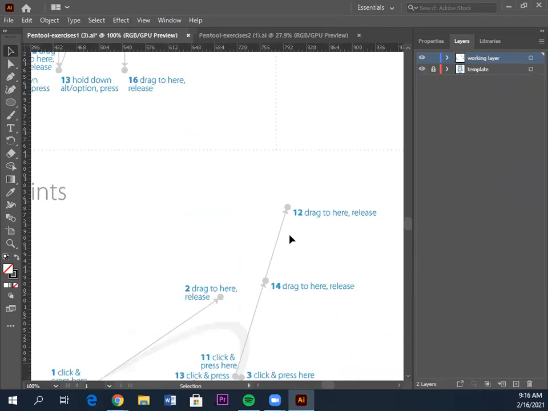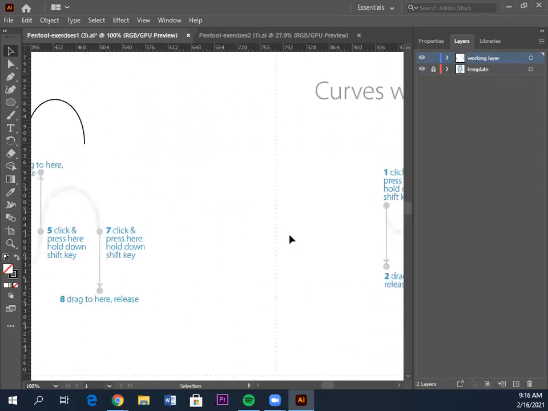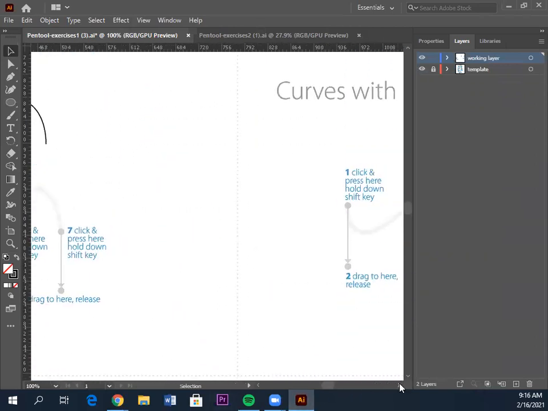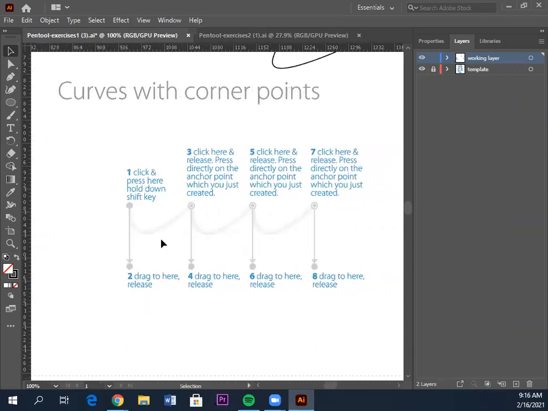But let's go ahead and really quickly do one last one together. And then I'll show you how to do it on Vector, but the people in class can continue working. So let's get all wrapped around funny. Okay, so we're gonna press here, hold the shift key down. Oh, I'm not on pen tool. That would be helpful. And we're gonna click down to here and release. And we're going to click here